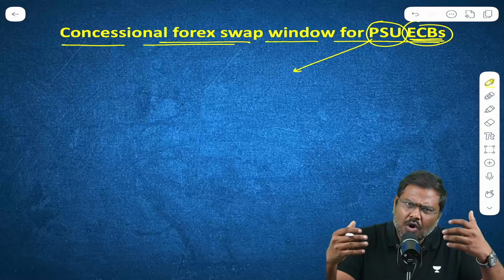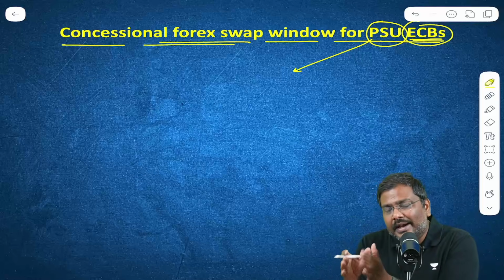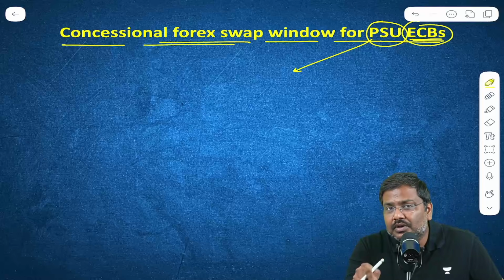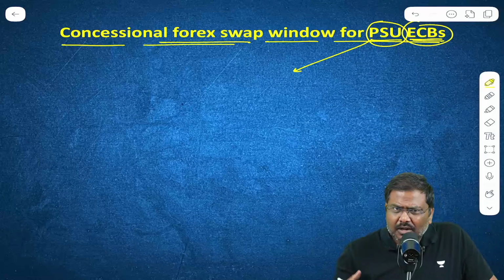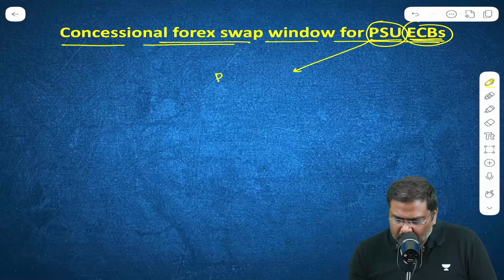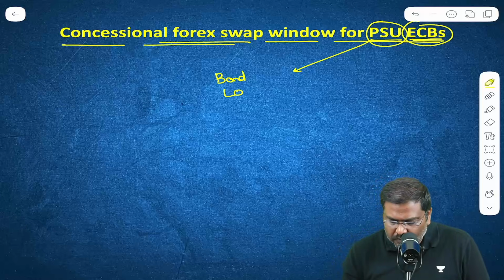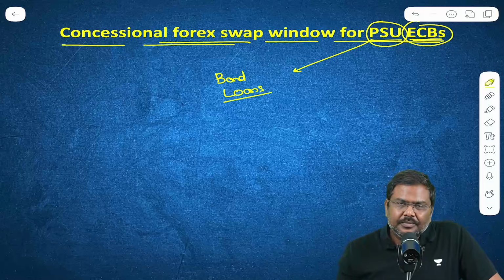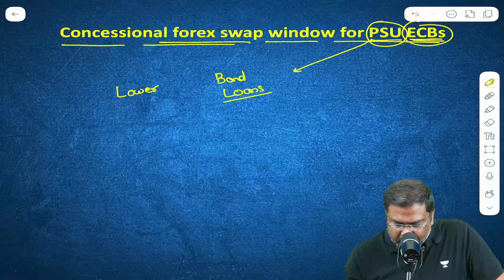Very recently, Reserve Bank of India has made a change in terms of borrowing limits under the ECB that is commonly applicable for all the borrowers. From $750 million, that was a restriction, it has been increased to $1 billion or up to 300% of the net worth of the company. So under this, commercial entities, including PSUs, are allowed to borrow from the external market, either in the form of issuing a bond in the external market or in the form of, let's say, taking a loan from a commercial bank but from the external market. The benefit is these entities will be able to borrow at a lower rate of interest.